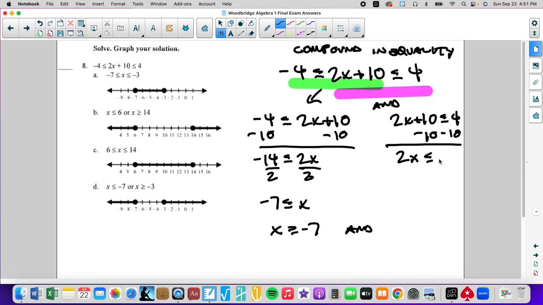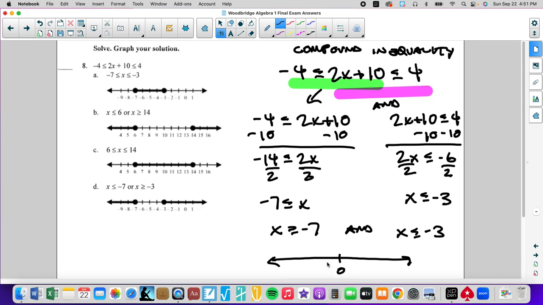2x is less than or equal to negative 6. Divide by 2, divide by 2. X is less than or equal to negative 3. So x is less than or equal to negative 3. If we had to graph that, we have negative 7, negative 3. So this part looks like this. X is greater than or equal to negative 7. That looks like this. And then if we had to graph this, this is a closed circle at negative 3